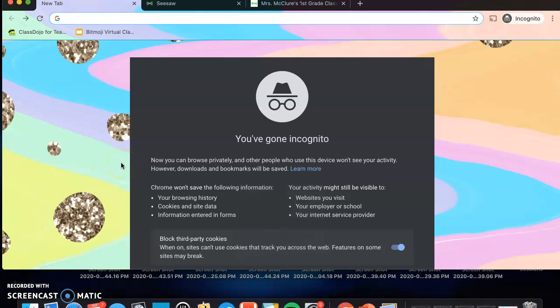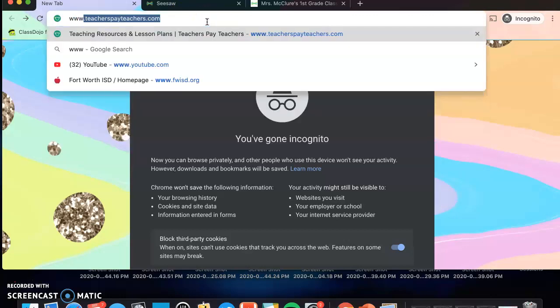Alright everyone, I'm going to show you how to log in to the Fort Worth ISD portal. So first you're going to open up Google Chrome, and as of right now I have an incognito window opened just for purposes of login. First you're going to go to the top browser up here and you're going to type in